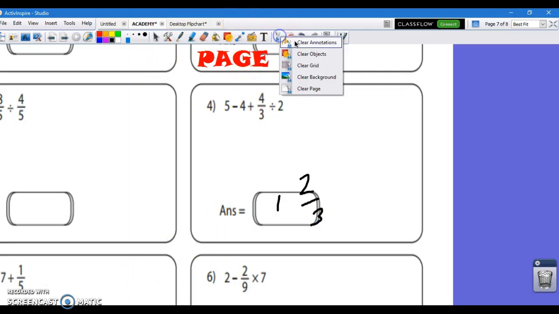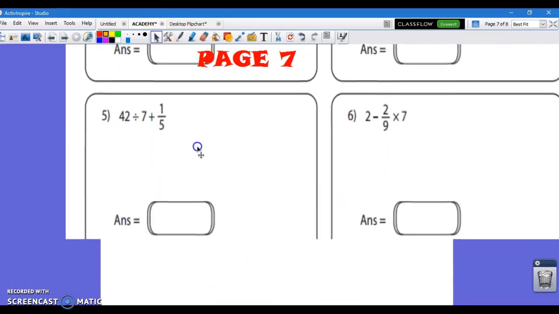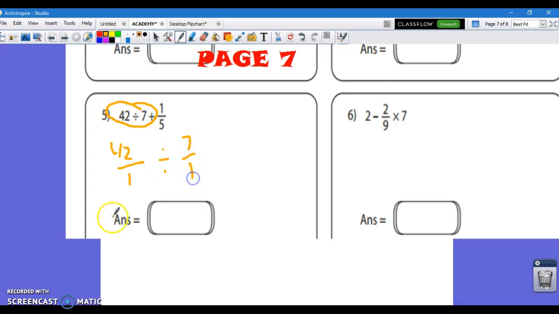Okay. See if I have enough time to get another one in. Here we go. Parentheses, nope. Exponents, nope. Multiply, divide, yes. And do you really think I need to turn these into fractions or to even flip it? I don't, because they're both whole numbers. If they're both whole numbers, just forget that they're even fractions, okay? So there's no need to do this and then do this, because what will happen is this,